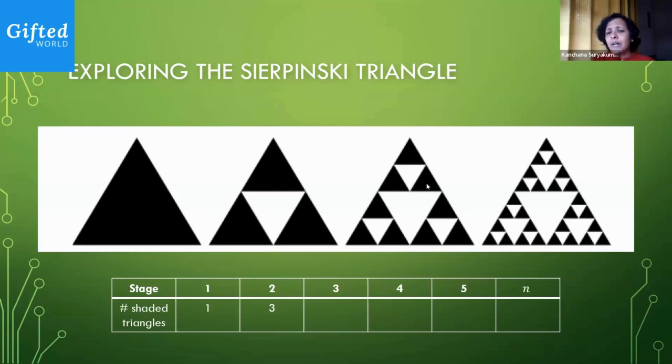So if we just go ahead and count it, you will get, like someone pointed out, powers of 3. Because what is happening? Each black triangle is actually getting broken into 3 smaller black triangles, right? I'm not looking at the white. I'm only looking at the shaded ones. And the same pattern is repeating. That means at each stage, if I take the previous number of triangles I have and multiply it by 3, I'm going to get the next one, right?